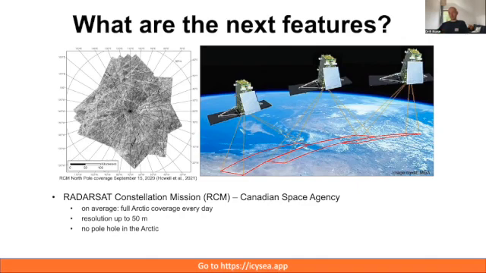that you're interested in. And you won't just get a higher frequency of images, but also better coverage, because right now Sentinel is limited to, I think, everything below 82, 81 degrees north, and RCM has more coverage further north as well. So those are the immediate next things that we want to include. But if there's anything that you specifically think is interesting, icebergs, for example, that's on our list as well. If anything comes to your mind, please let us know. We're happy to develop IcySea based on what you users tell us.